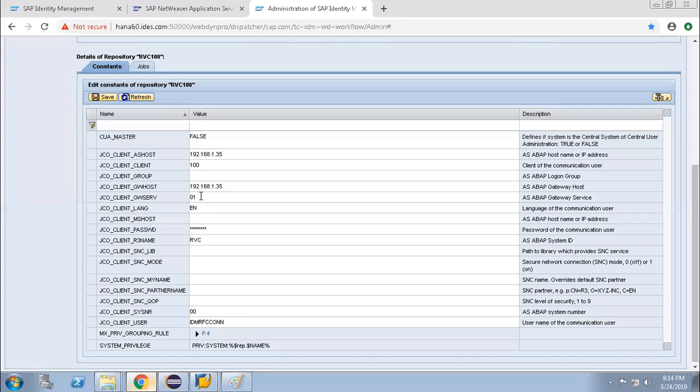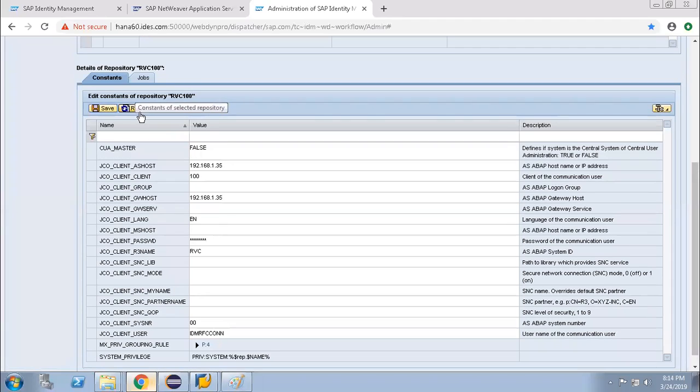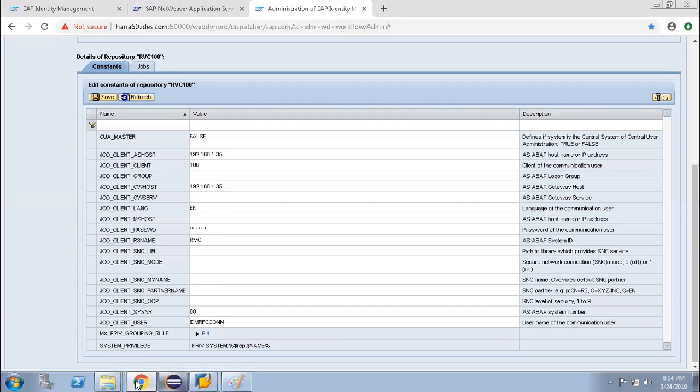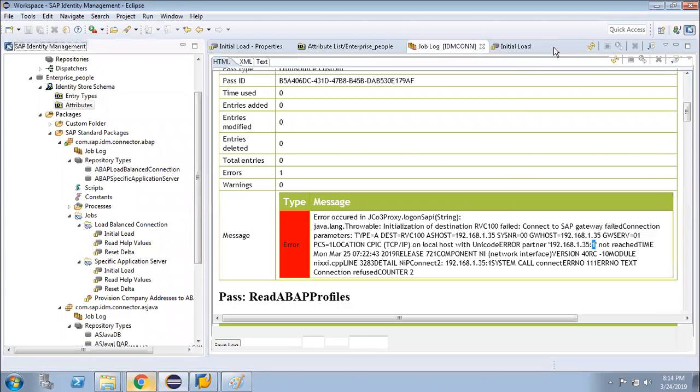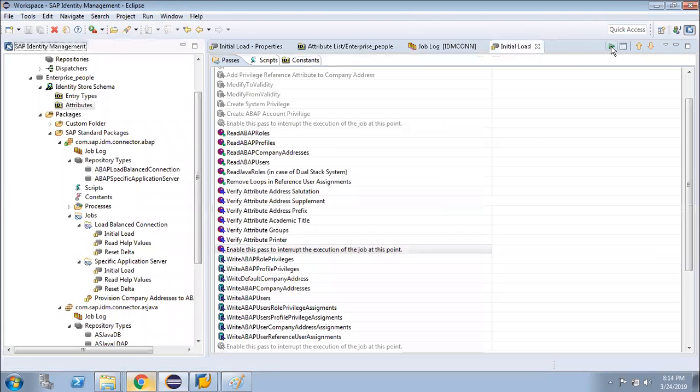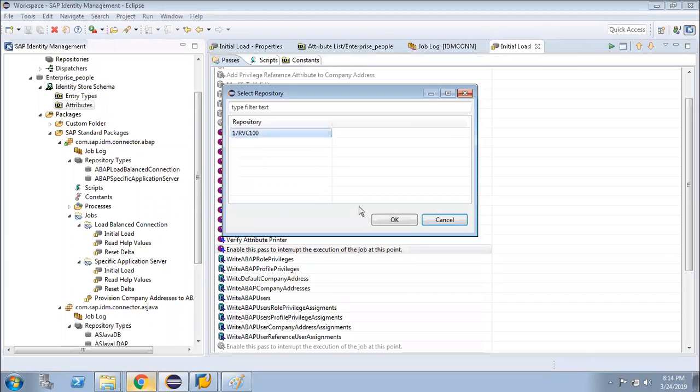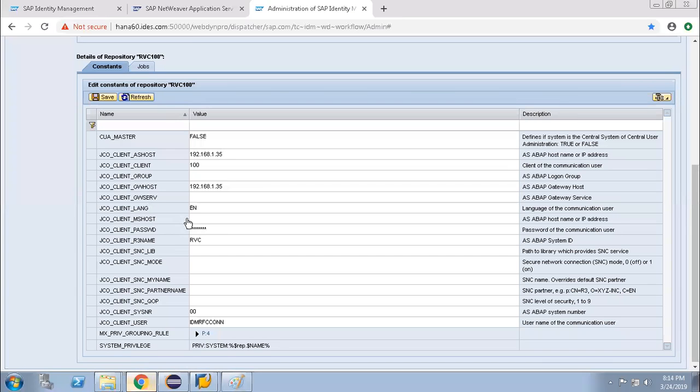Let's do one thing, let's remove the gateway server. Gateway host name is the same. Is it asking for any gateway service? That is why let me remove the gateway server and then try. Sometimes it happens that the gateway server is not set, host name is the same, ECC EHP6. Okay, you're removing the gateway host, gateway server I removed.